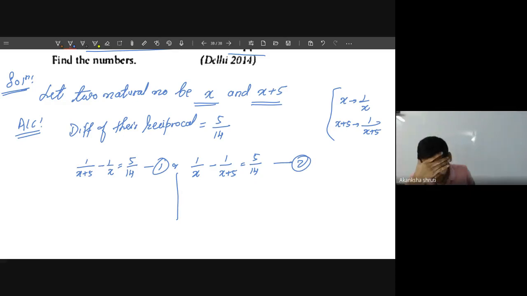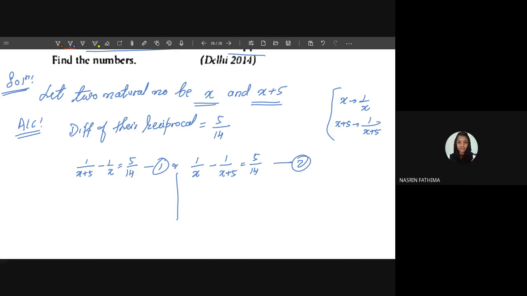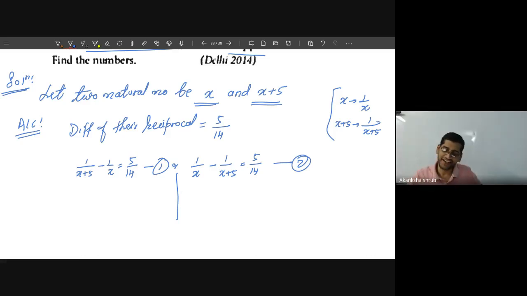Yes, Neeraj, tell me. You have to give the answer. Yes, Nasrin, tell me why we shall prefer the first one. Because the other number is exceeding the first number by 5. Okay, but your interpretation is totally getting reversed while you are choosing. Though you are thinking in the correct line, the ultimate result is something else.